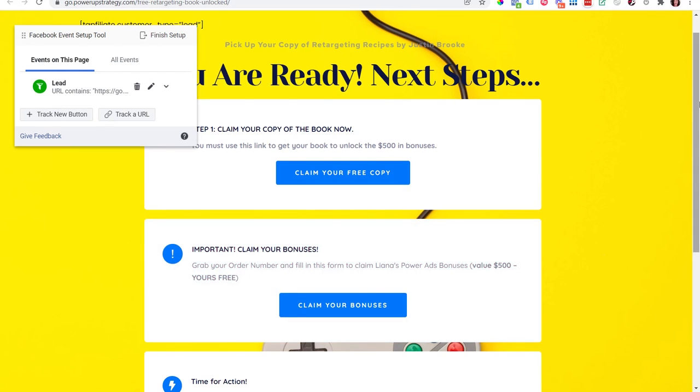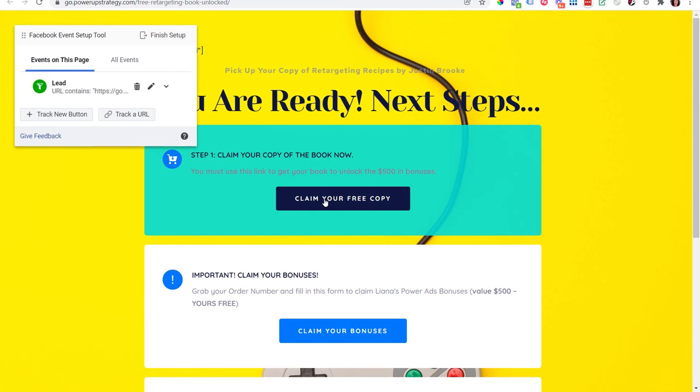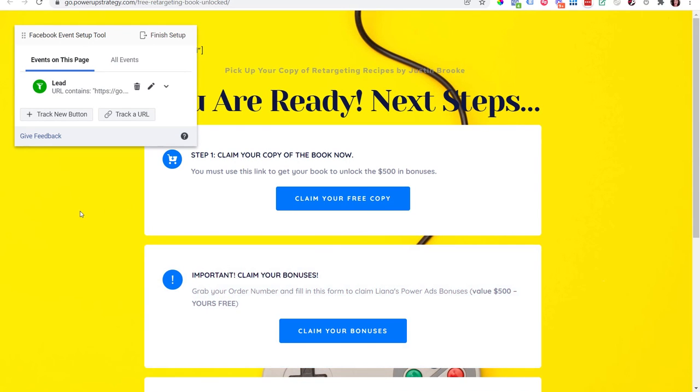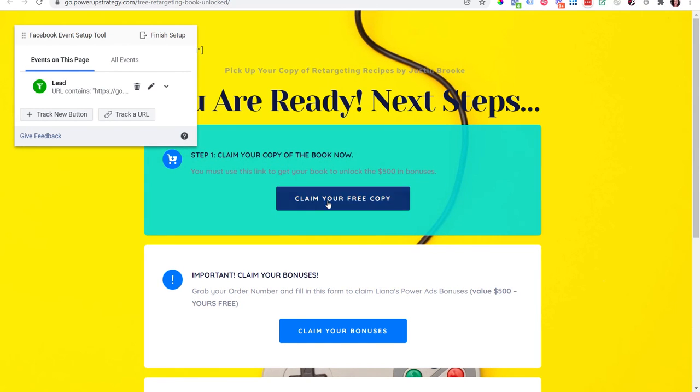So I have an affiliate link over here. So maybe what I want to do is I also want to track, or be able to optimize, for people who not only put in their email address, but also clicked on one of these links. Because this has an affiliate link behind it, I'm not able to track anything with Facebook after that, because I don't own the URL and my pixel is not on that domain. But I can track who clicks on this